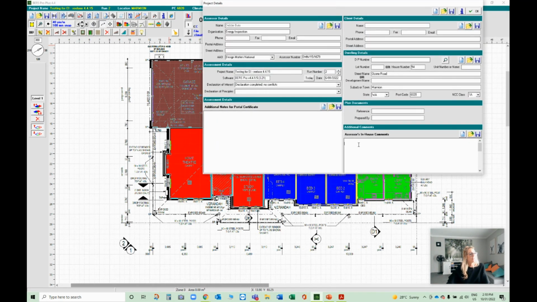So this is going to be really handy for businesses that have 3 or 4 assessors and you jump into each other's jobs for whatever reasons. I might be going on leave and this job was a little bit tricky because I had to have 3 different break ceilings and roof pitches,